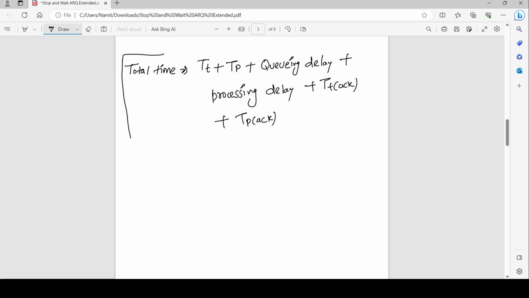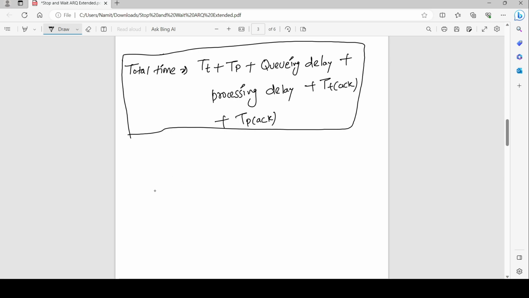I have used all the factors here and considered every possible thing. This is the overall total time involved in the whole process of sending and receiving data. Okay, got it. Now what happens is